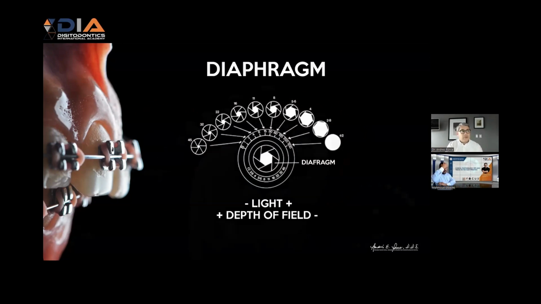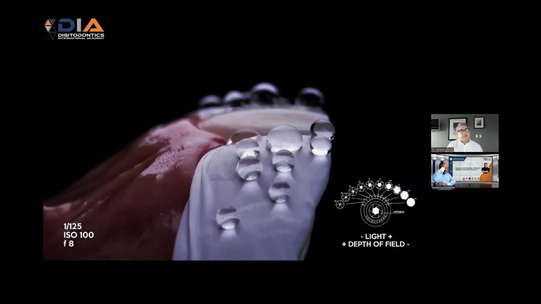We're going to see some examples about it. For example, this one is an f8. And f8 is something that is very clear on the first teeth. For example, we can see these nice droplets, and it looks very nice and artistic, whatever you think that it is. But basically, the second tooth is not there, it's blurry, and the third one doesn't appear, basically. So these are the kind of pictures that are not useful as information in dentistry, but